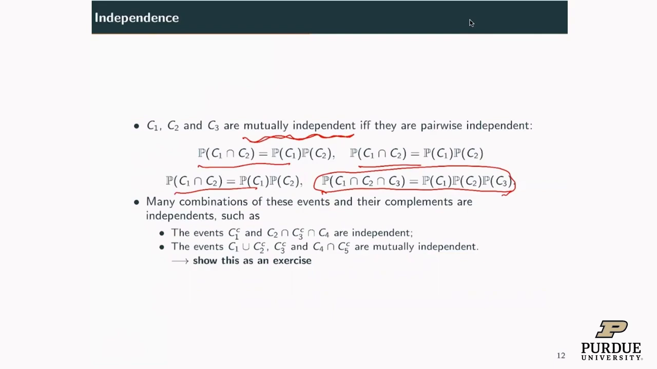Many combinations of these events and their complements are also independent, as long as there is no overlap. For example, this event only contains C1, and this event contains C2, C3, C4. If we know C1, C2, C3, C4 are mutually independent, then these events are independent. There is no overlap, so they are mutually independent. I will leave this as an